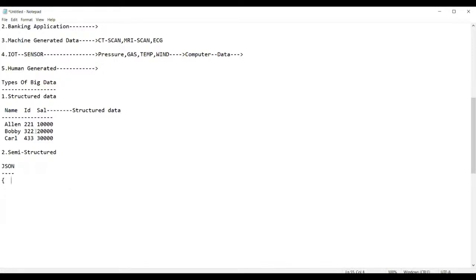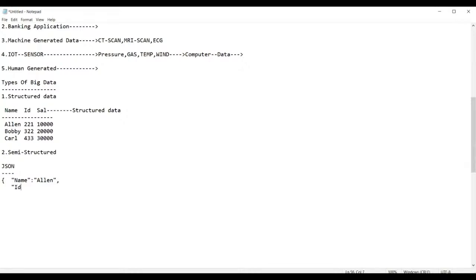If I define this data in JSON format, it would be: name, under double quotes, then a colon, Alan. Now use a comma.